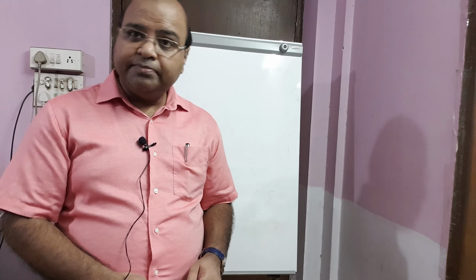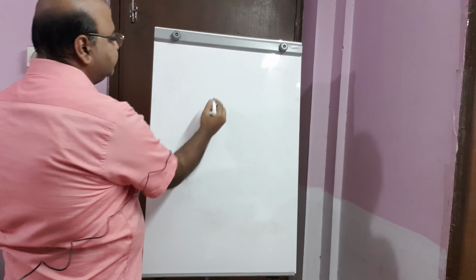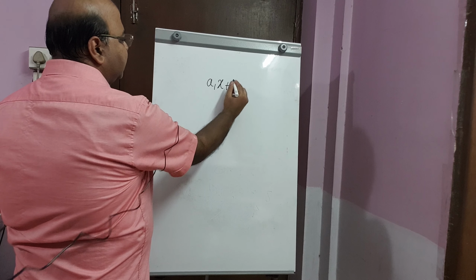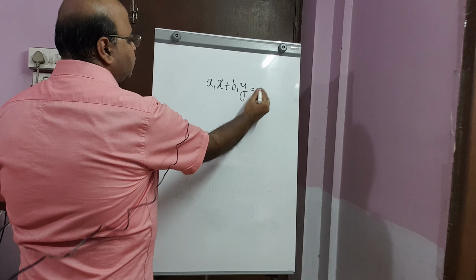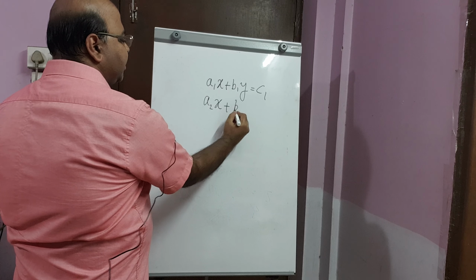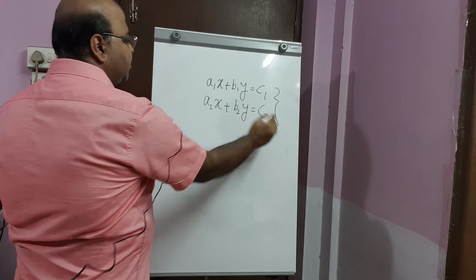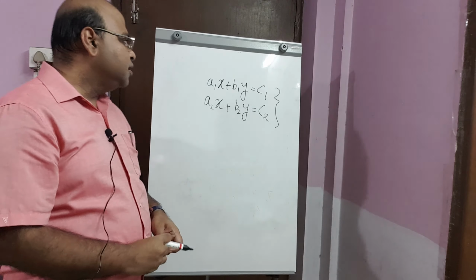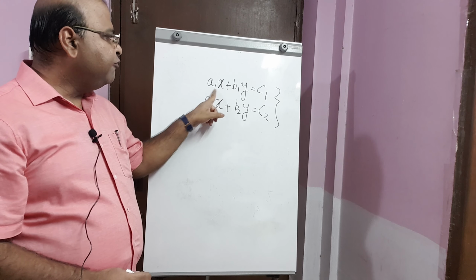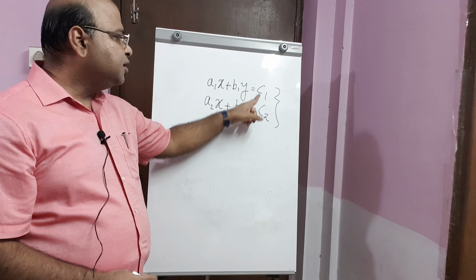Let us start with a system having two unknowns, two variables. So if we have a linear system given by a1x plus b1y is equal to c1 and a2x plus b2y is equal to c2. So here we have a linear system involving two unknowns x and y, and a1, b1, a2, b2 are the coefficients of the system, as you all know, and c1, c2 are the constant